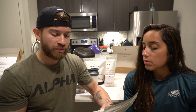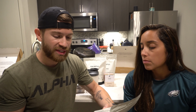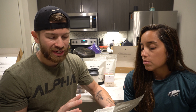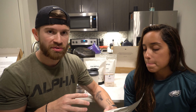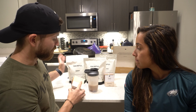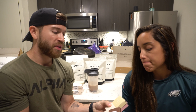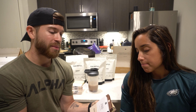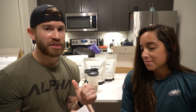As for the micronutrients, it has a little bit of vitamin D, calcium, iron, potassium. Nothing too crazy. You'll see anywhere from 5 to 12% of your daily value in terms of those micronutrients listed in here. In terms of the flavors, for Crystal, she got the cookies and cream, rich cocoa, vanilla, and strawberry cream. For this review particularly, we're gonna go only into the rich cocoa